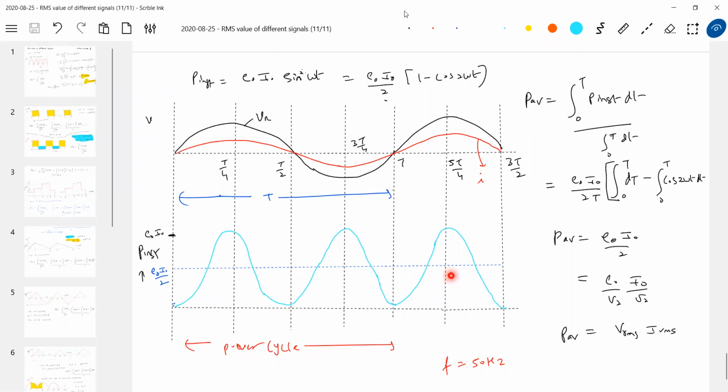Able to make it out? This is about the power variation across this one. So I just brought everything. The average power dissipated across a bulb is given by VRMS into IRMS, or if you know the peak value, E naught I naught by 2. VRMS or ERMS, both are one and the same.